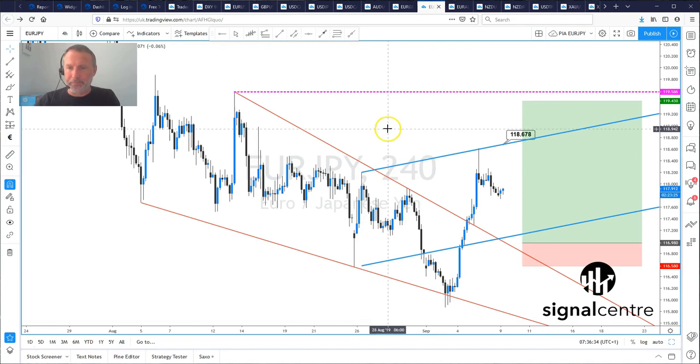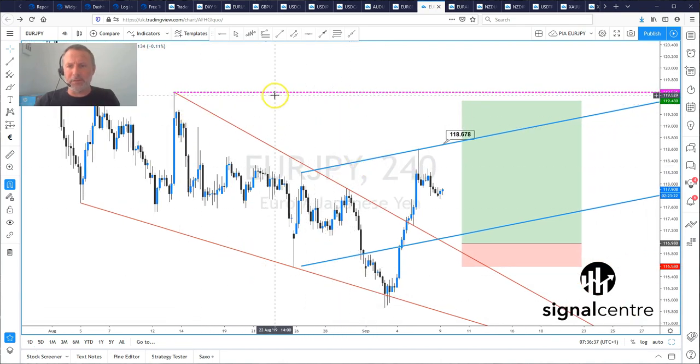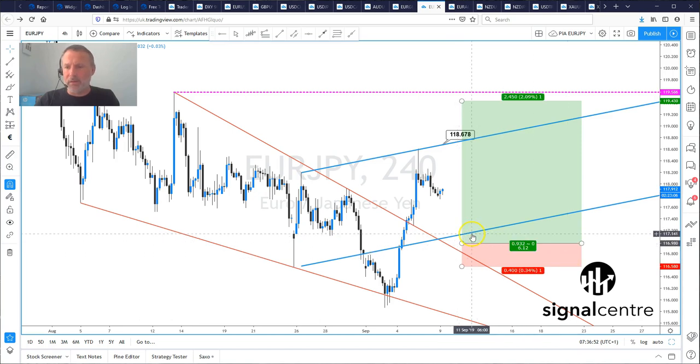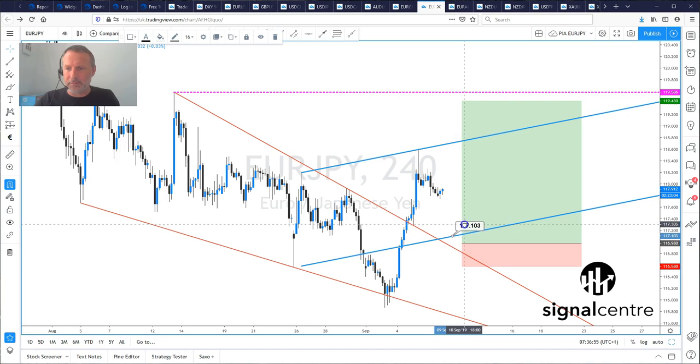Euro yen, and again we broke this wedge formation to the upside. That's got a measured move target of 119.58. We're possibly forming a bullish reverse head and shoulders pattern, so left shoulder, head, and coming lower now to form the right shoulder. Even though the right shoulder is potentially located at 117.10, we don't have any bespoke support until 116.98. So what we're looking for is a spike through that support level for then, hopefully, the next drive to the